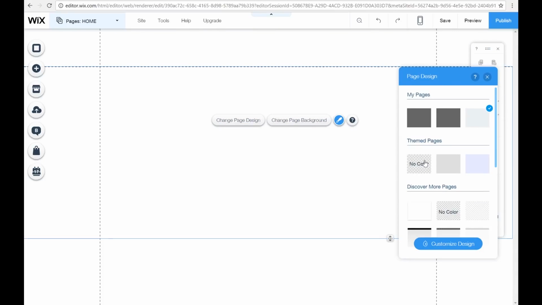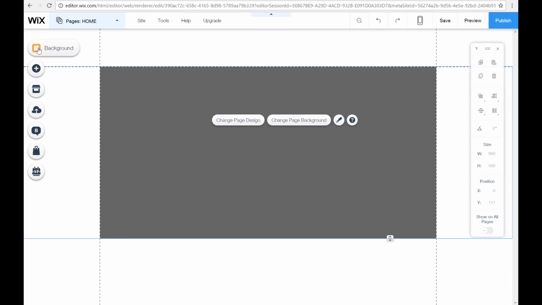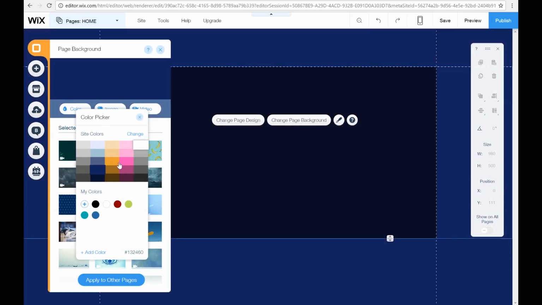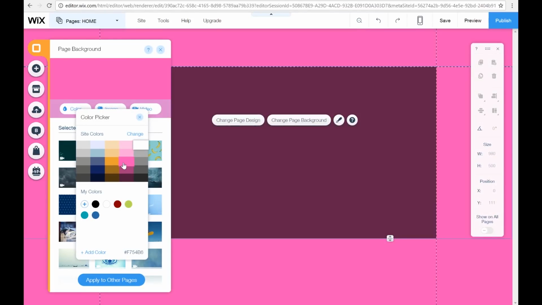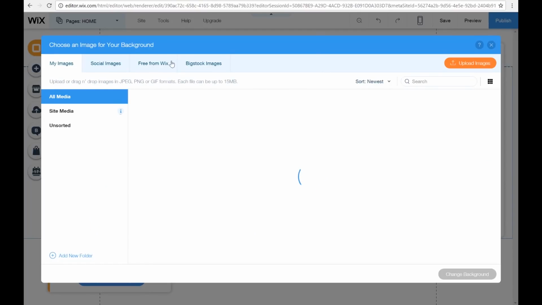You can also change the page background, but we're just going to change the design so far. So you can take away the color. Right now the background is white. We are going to use a translucent grey design for the page. Now that we've done that, a ton of colors for the background of your page, of your canvas, should I say. But we are going to use an image.